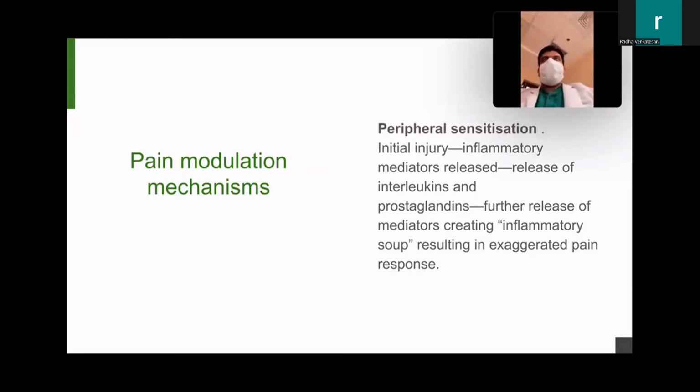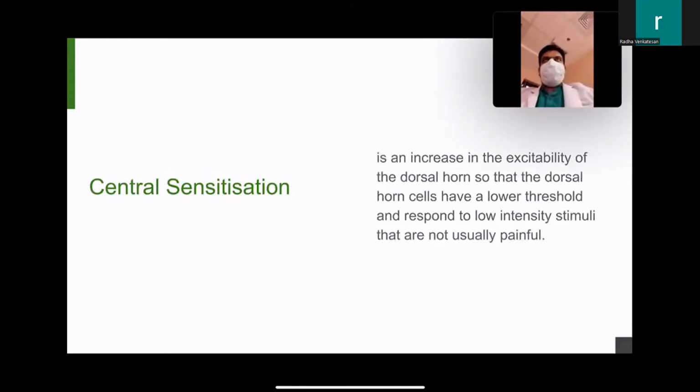And that is one of the reasons for secondary pain. So the inflammatory soup itself aggravates and spreads to the nearby areas. By surrounding them, it can recruit some nociceptors which were dormant. They can also be triggered. So that is why this peripheral sensitization is important. And by what I've explained, that is the mechanism by which it aggravates or increases. Next, central sensitization. What is central sensitization?